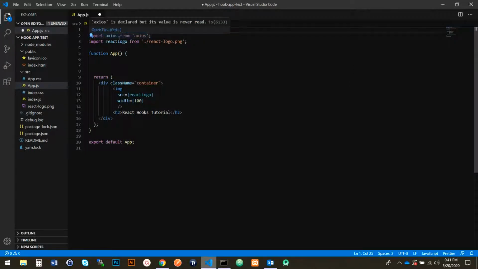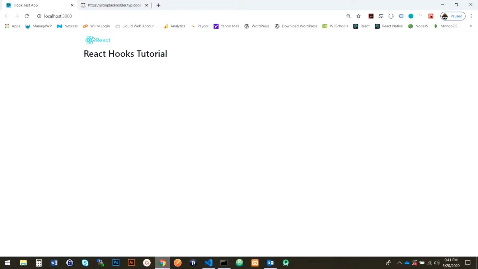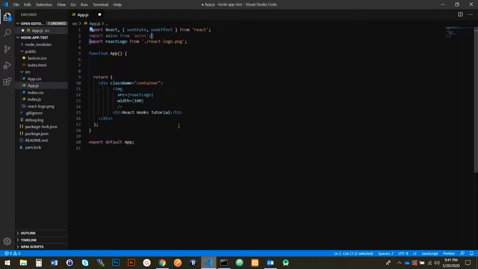I also pre-installed Axios, which I also go over in the other video that I linked to. So I installed Axios and then I just brought it in. And then this is just the logo thing that's here, this little logo thing here. So no big deal. All right, now, so we have our useState